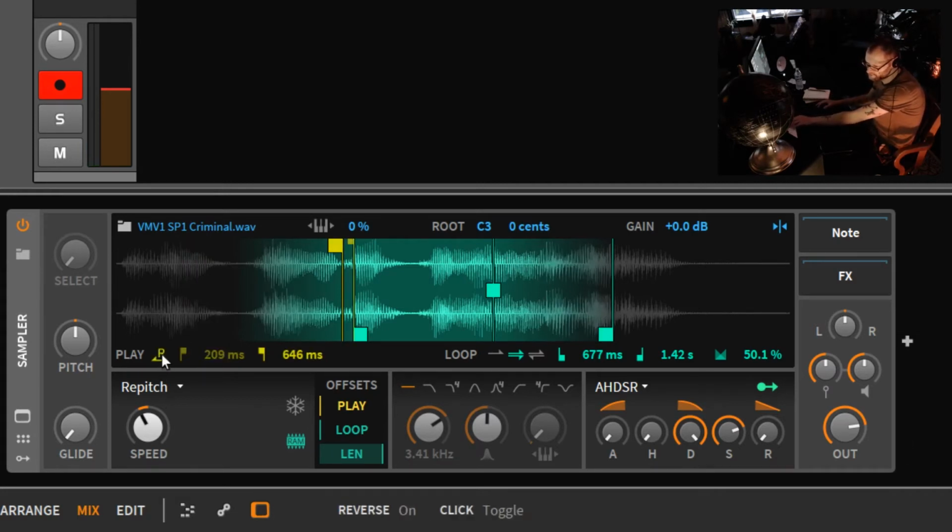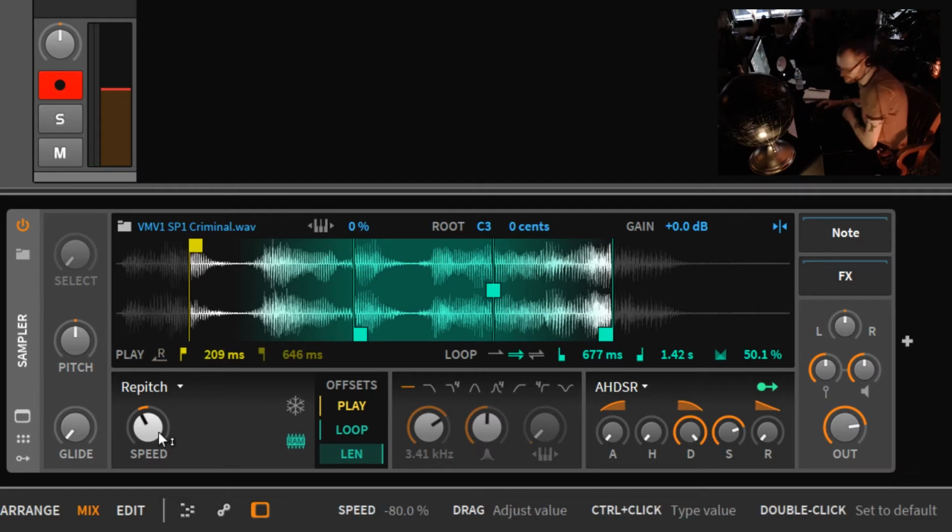Now, I figure maybe if you put the sample in reverse, but that doesn't do anything either. So the problem is when you hit the key, the sample will not start if you're in negative values. But if you pull it into positive values and hit a key,